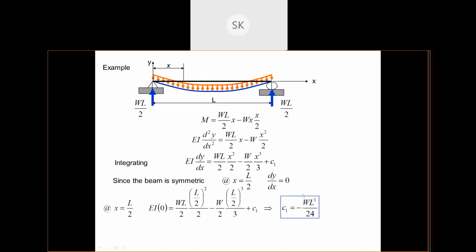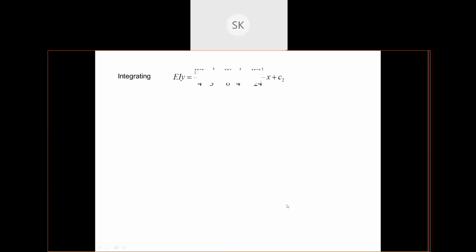So I got C1 as WL cube by 24. Place this C1 value in this equation, and this is my final slope equation. Now again integrate. You know the deflection is 0 at the supports, so at x equal to 0 your deflection is 0. So place the values of x and y here,